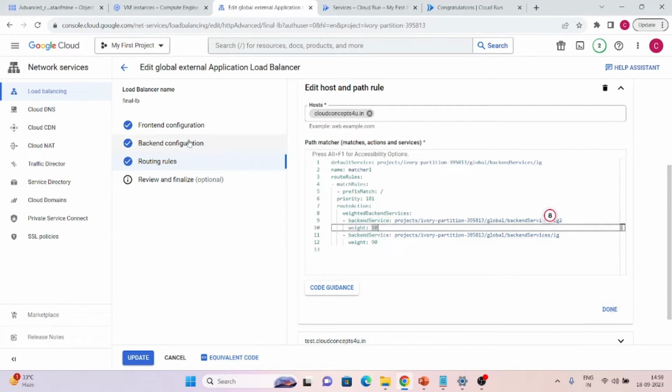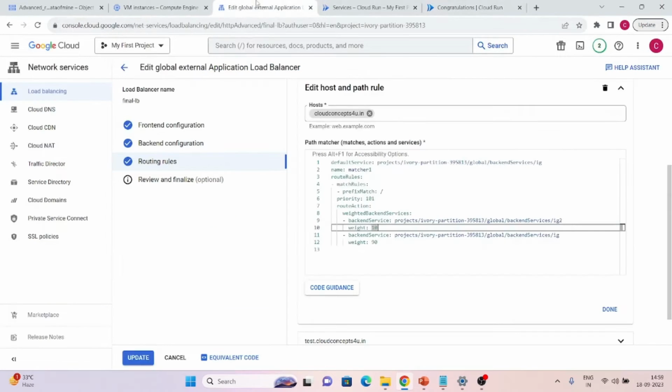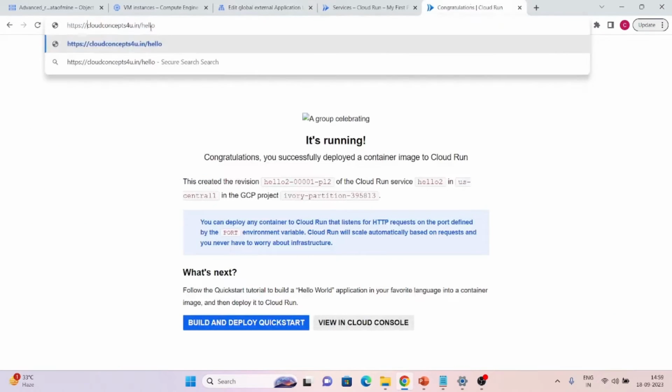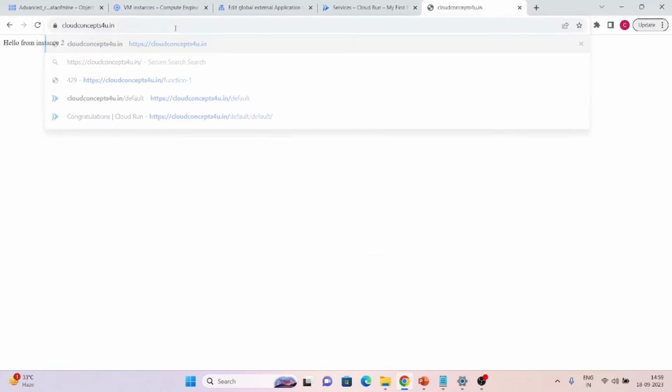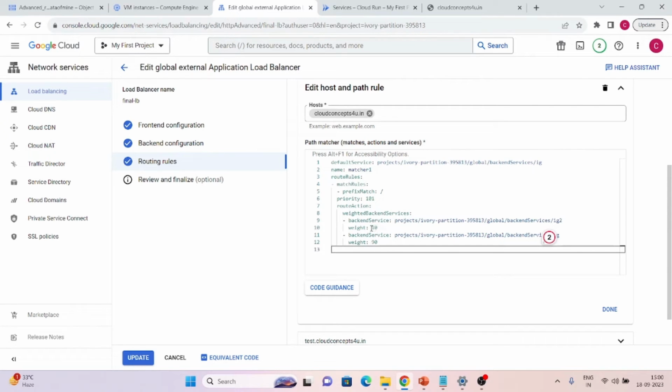So I'm using this one. Let's see how it works. If we see which host it is working on, we can see it is working on this host. Let's try to send some traffic now. You can see I'm getting a response. I will get most responses from instance 1 only, and very few from instance 2. If I refresh, you can see most responses are coming from instance 1, because I have configured my load balancer to send 90% of traffic to this one, and 10% of traffic to my instance group 2.